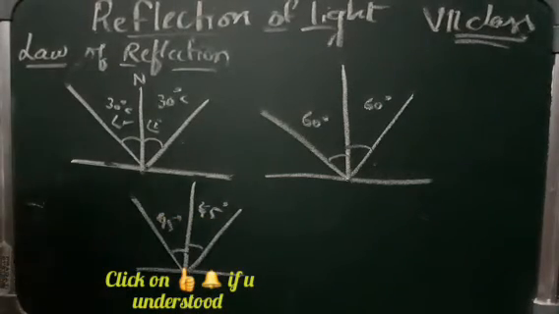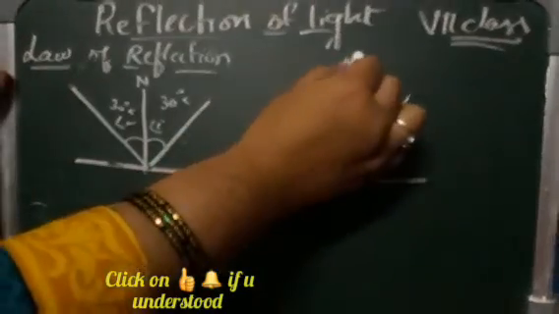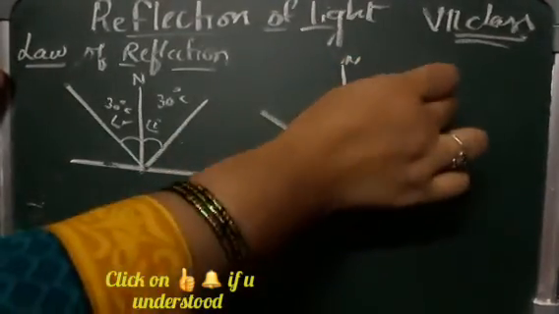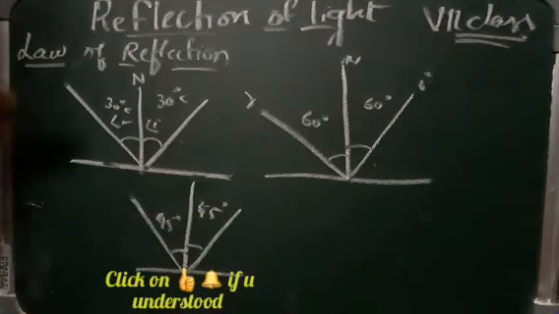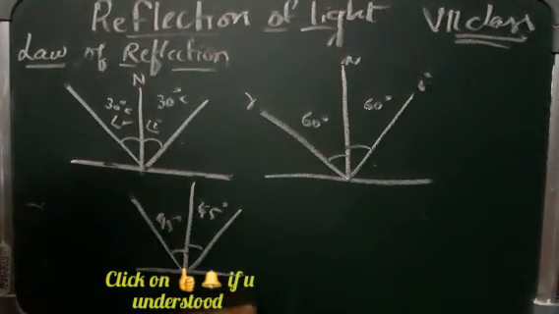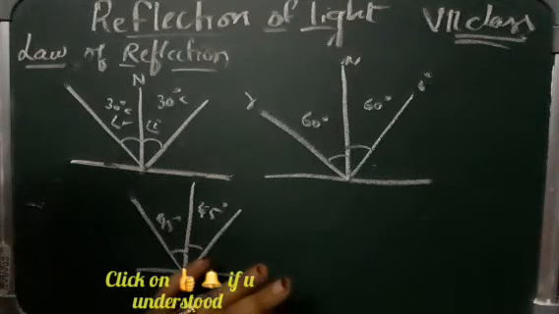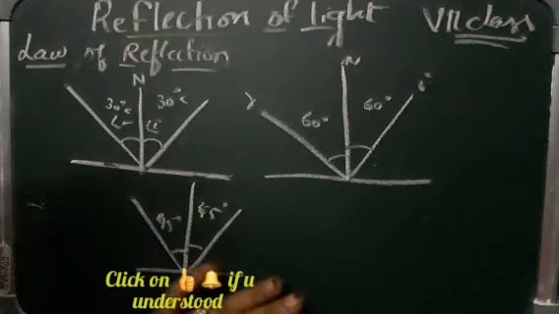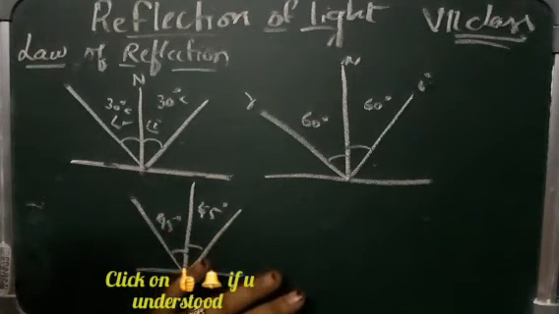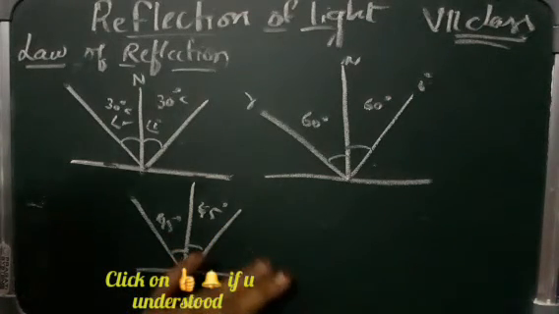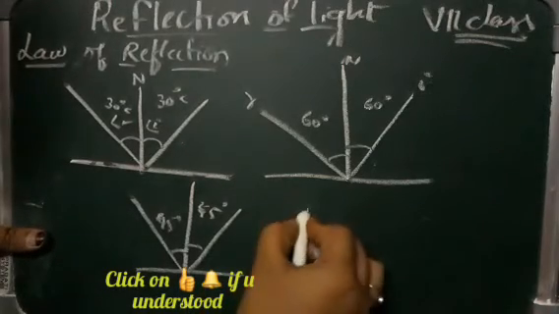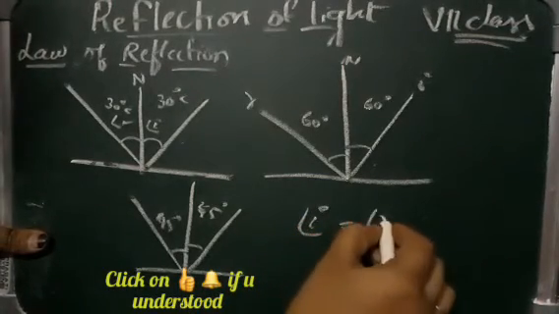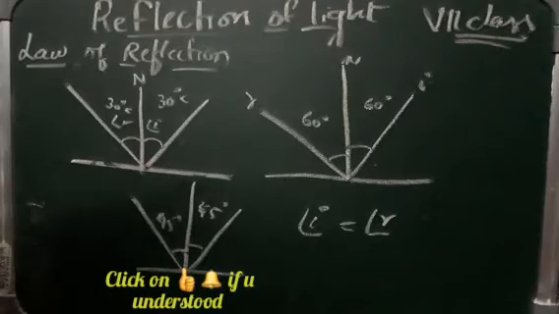Okay, so that means place it anywhere on the paper, and wherever you keep the point, you'll find that the angle of incidence is always equal to the angle of reflection. So what have we learned? Yes, there is a relationship between the incidence ray and the reflected ray, isn't it? So we can now say that the angle of incidence is always equal to the angle of reflection. So there is no doubt now.